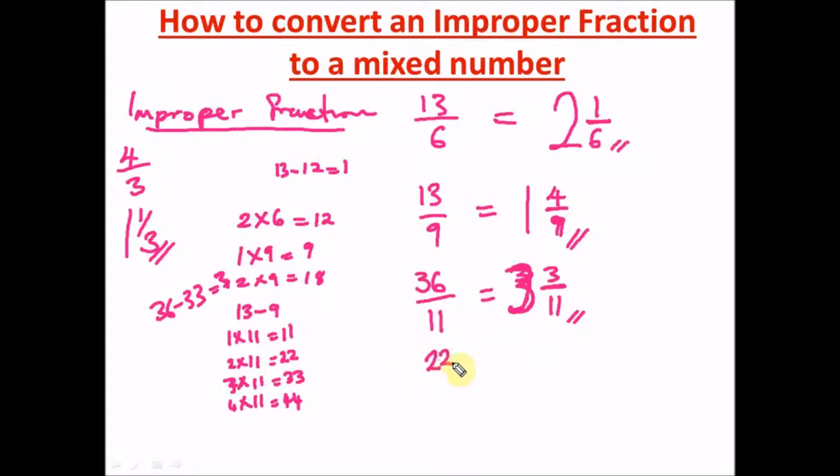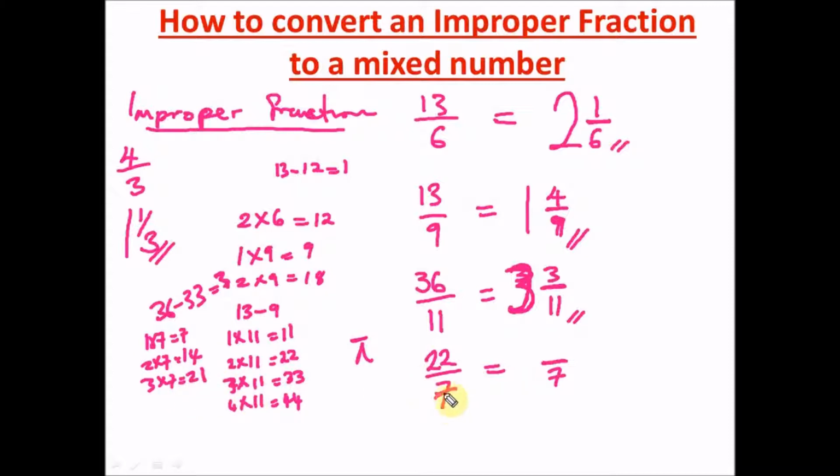Let's do the final one. We have 22 over 7, which is our famous pi. I hope you know this, our famous pi. So how do we do this? The first thing, draw your division sign and put 7 down here, and now ask, how many 7s can we get in 22? Looking at your multiplication table, we have 1 times 7, which is 7. 2 times 7 is 14. And 3 times 7 is